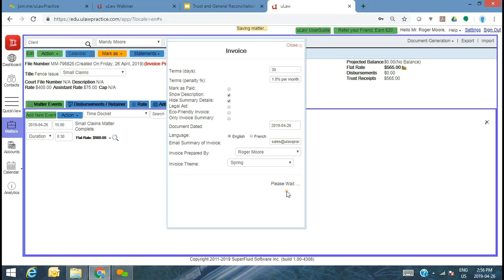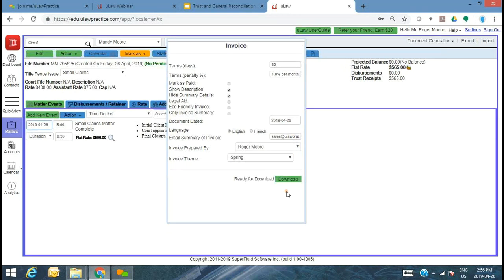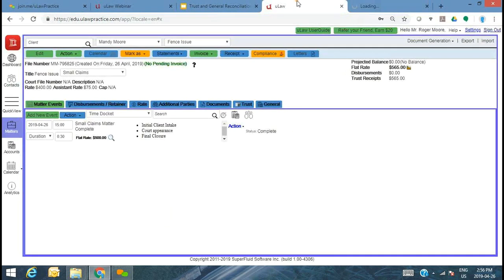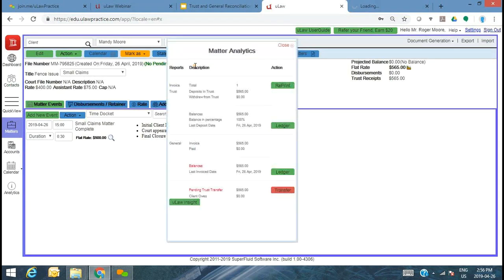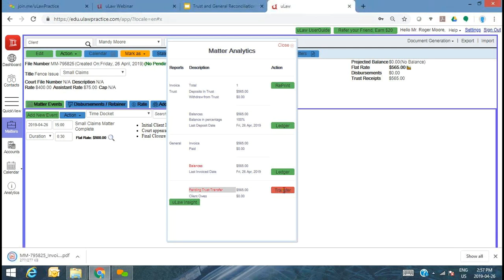And because I've got a retainer and it's exactly for that amount of the retainer, I don't have to take payment. I just have to do a trust transfer. So download this invoice. I click on the question mark. It tells me exactly the amount that I have to transfer. So I'm going to assume I'm doing it in my bookkeeping software. And at the same time, I could do an online transaction where I open my TD, RBC, CIBC account and do the transfer for this exact 565.